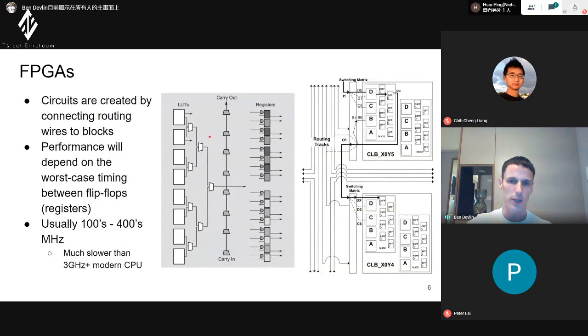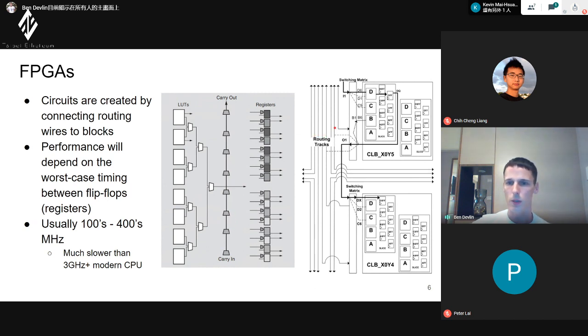And then this is showing what an FPGA looks like inside. When we make something on the FPGA, we're basically connecting these lookup tables, which have some kind of function. For example, we might say A plus B. And then we would just use more of these lookup tables for a larger input. On the output, we will have some flip-flops or registers where we store the data. And then we also might have some dedicated hardware. For example, if we're doing an addition, the carry chain is going to dominate our performance. So rather than using our routing for our carry chain, we have some dedicated hardware.